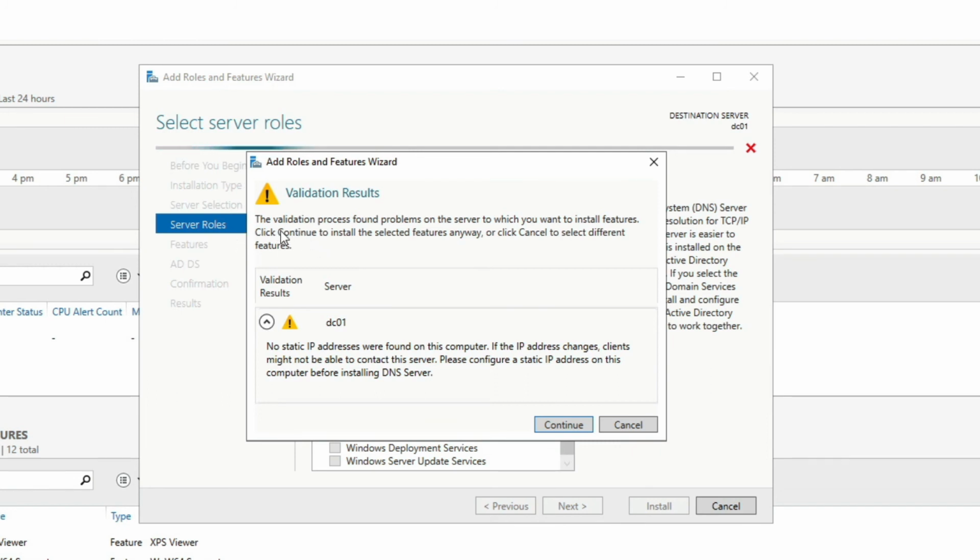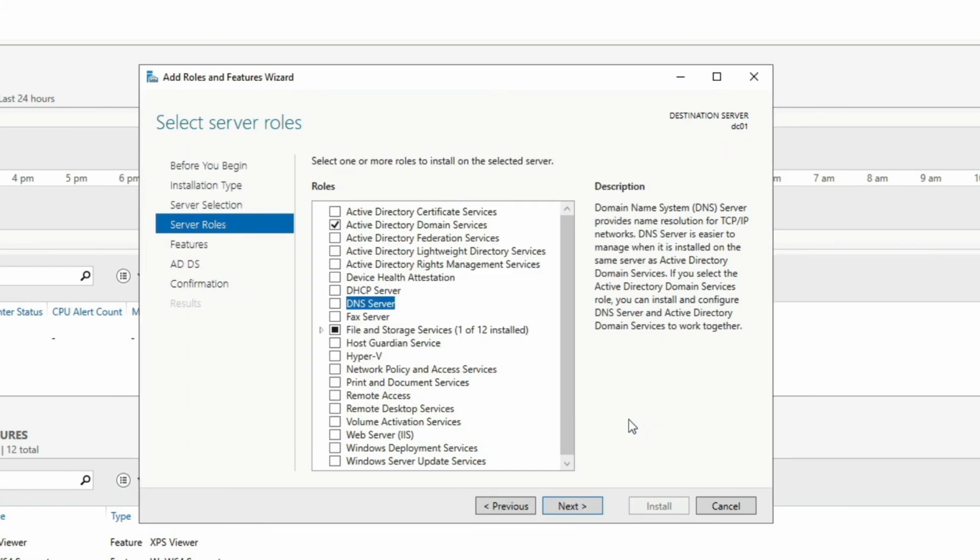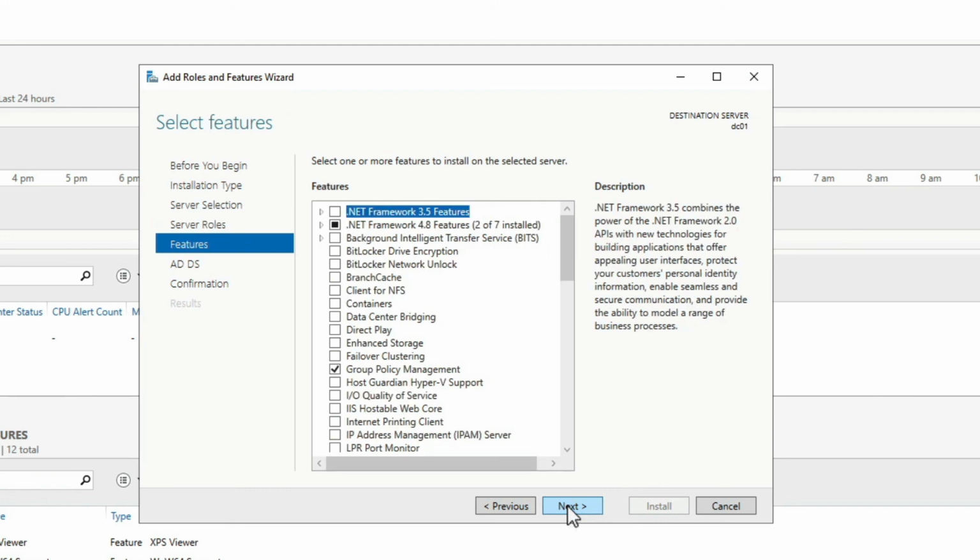validation. Validation process found problems. No static IP addresses were found on this computer. Okay, so we're going to say cancel. We're not going to do DNS yet, but this is something that we will do in the near future. So we'll just leave this alone. We'll do Active Directory domain services. Next,